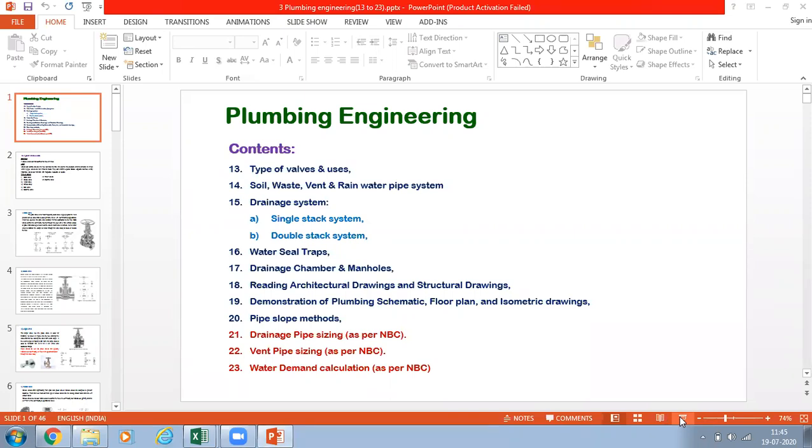Now you are going to see types of valve and uses. Commonly we are using valves in our plumbing system. Mainly we are using valves only. All the small pipes we are using valves only. Widely we are using valves only in our plumbing system. Another thing, if your pipe is more than